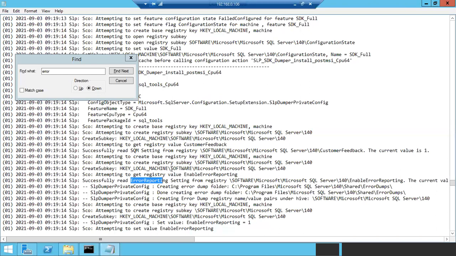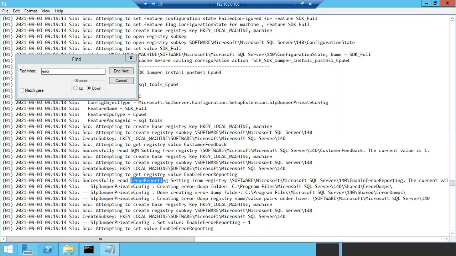Sometimes you can easily identify the error. Sometimes you don't get an easy solution, and we have to keep searching, keep searching. Sometimes you will get small hints. Based on the hints, you can start digging into why it failed, why the installation failed, why the patching failed, why the upgrade failed. So this is how we are going to see the errors.